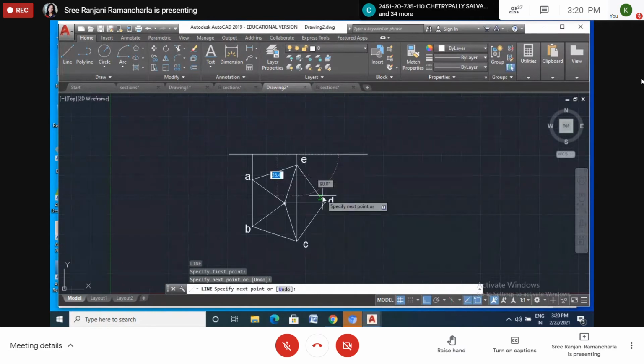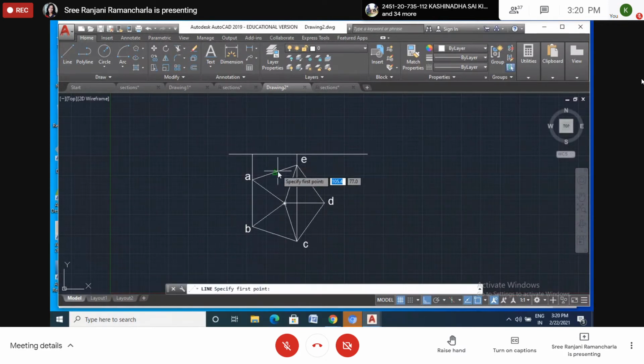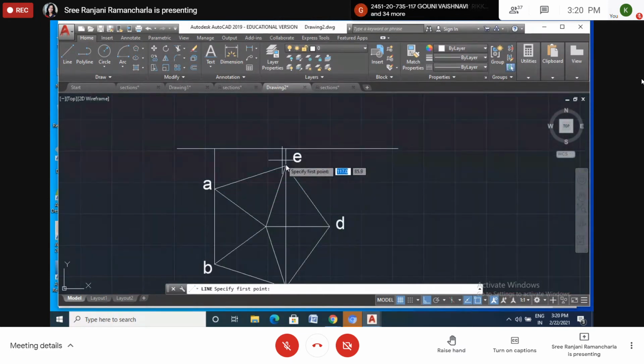So the triangle is the center point, the midpoint of that line. See here, this is the midpoint. When we are selecting this point, this line is very near to the midpoint, so we should know where we are drawing.